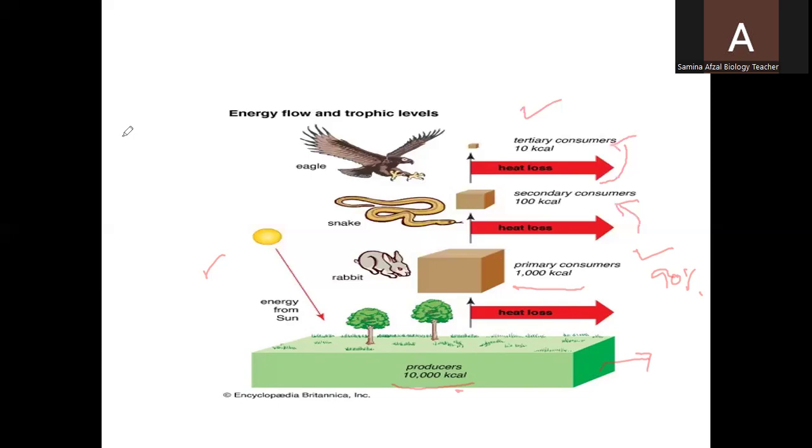So in this way, I would like to say that if the food chain is short, the energy level will be better. Otherwise, if the food chains are long, the organisms at the base of that food chain will have a very small amount of energy available to them. So in this way, shorter food chains are more successful in an ecosystem.